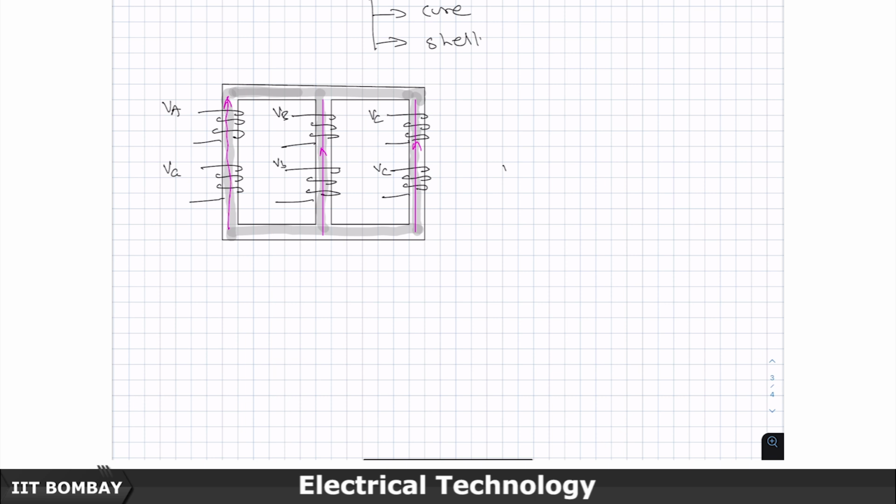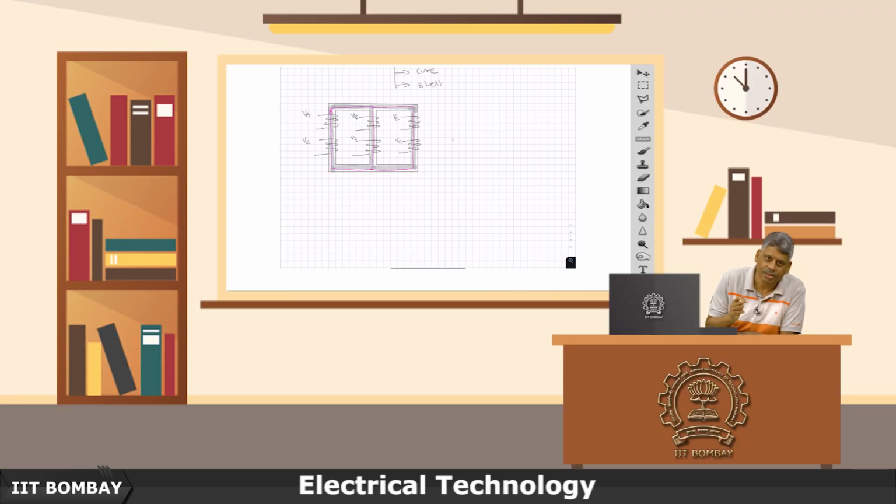Now, let us for the time being assume that I have not connected anything to the B phase or the C phase. Then what will happen? This flux will go like this, will break into two parts, and if the iron is considered to be ideal, then by symmetry it should break into two half and half, assuming any little minor variations will cause that to happen, otherwise it could break in any arbitrary